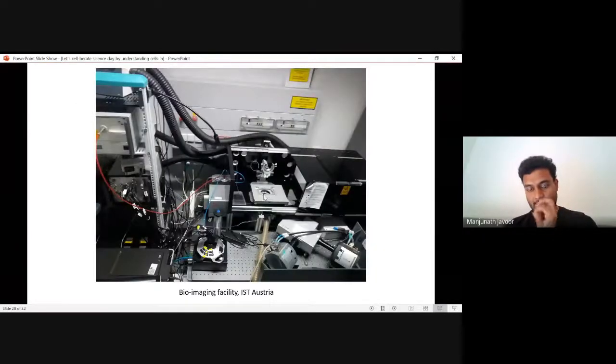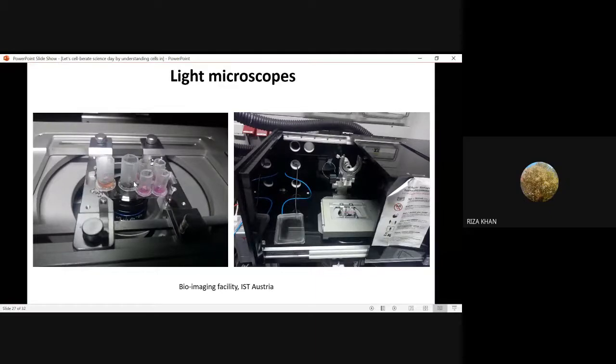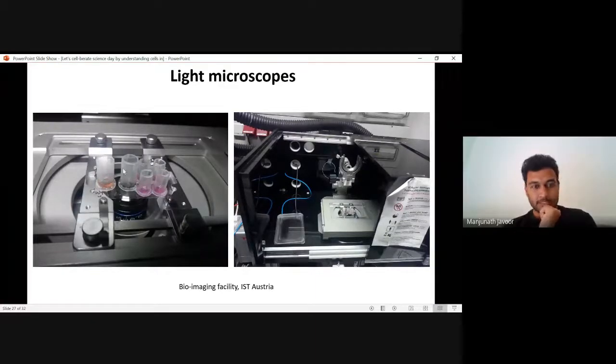This is the place where I put on my cells, and then I see it through the computer. This is how I place my samples in the microscope. You see these wells here on the left side image? Yes, sir. So each well, this is the experiment